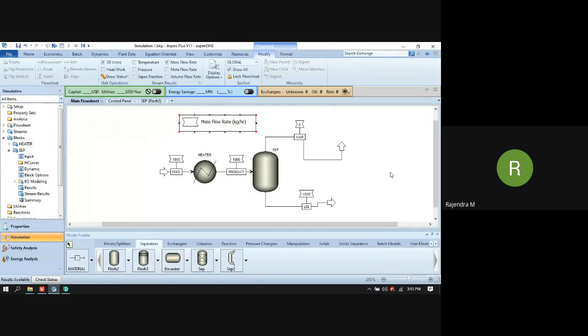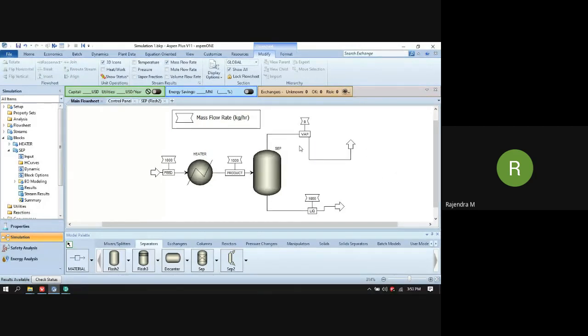It means that it is a subcooled liquid. All the liquid goes into this liquid stream. There is no vapor.